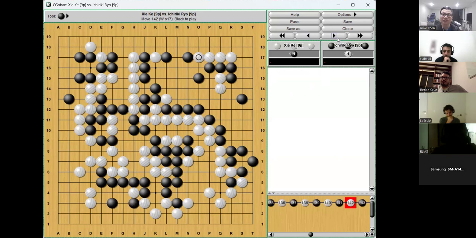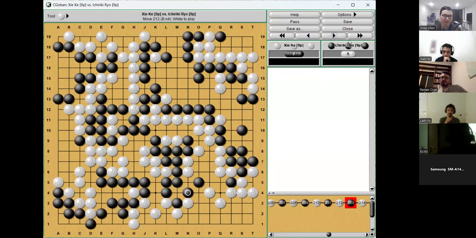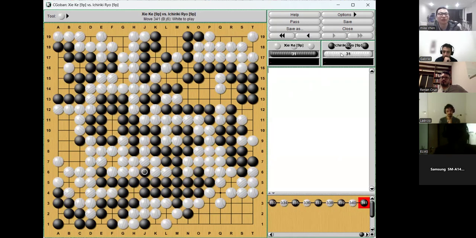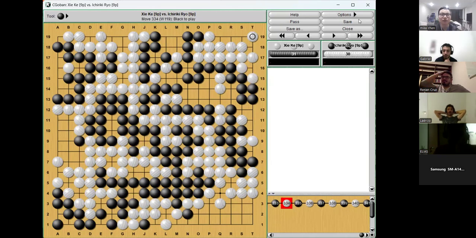This is efficiency. This is a different kind of efficiency, more covered in my other topics. But anyways, in the end, Black would be ahead by 4 or 5 points, and he gave up a little bit in the endgame. He won by half a point at the end because he also went over time, which was 2 points. So anyways, here we see the power of using the thickness principle